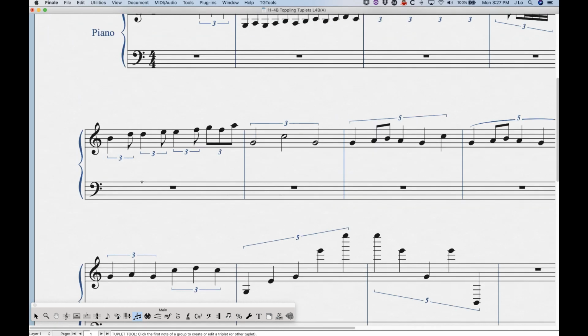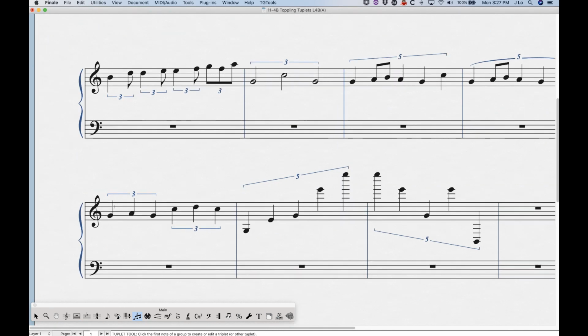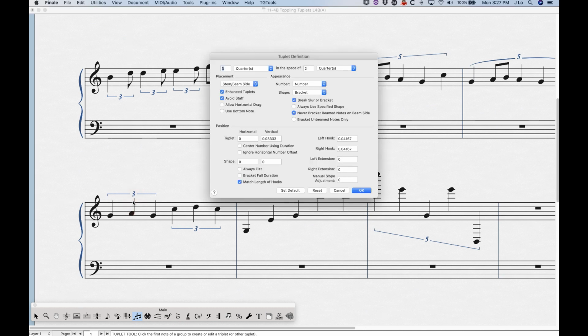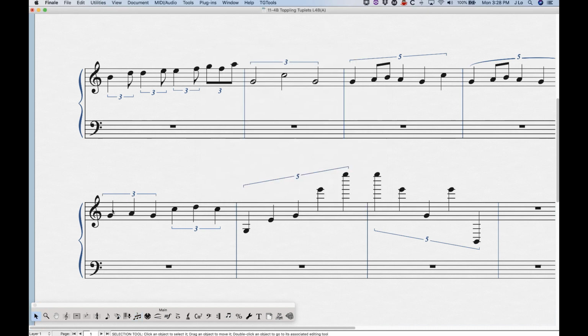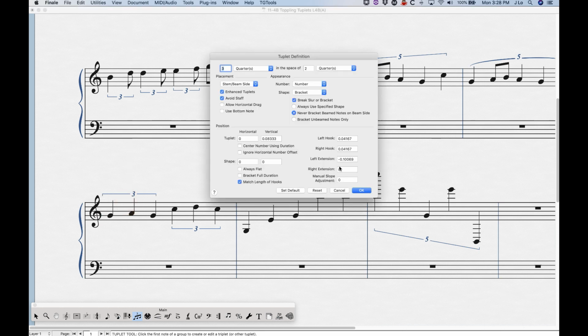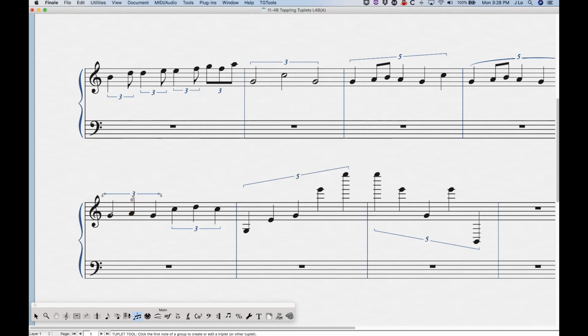And below those left and right hook values, there are some fields that you can add: left extension and right extension. Again, with both the left and right, negative numbers will go left, positive numbers will go right. So we could set this to negative 0.1, and you'll see the left side of that tuplet get dragged out to the left, right? And if we go to positive 0.1 for the right extension, you'll see it get extended to the right a